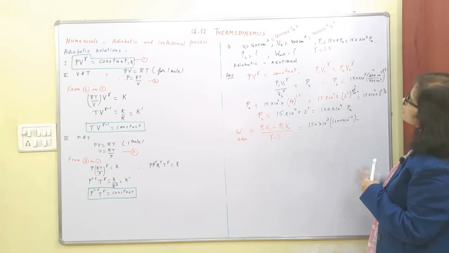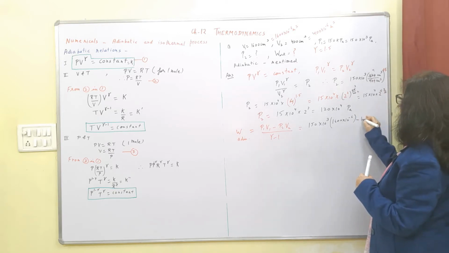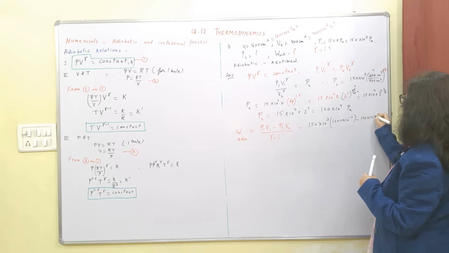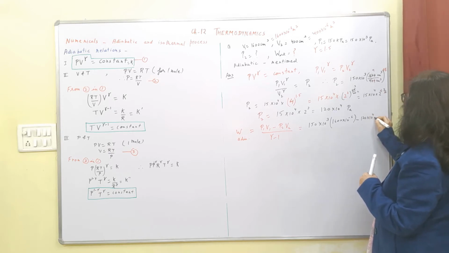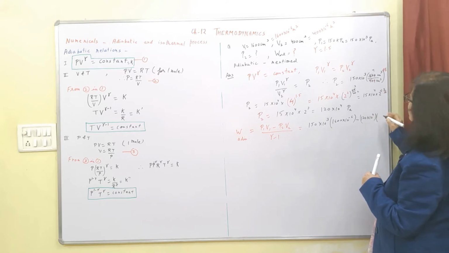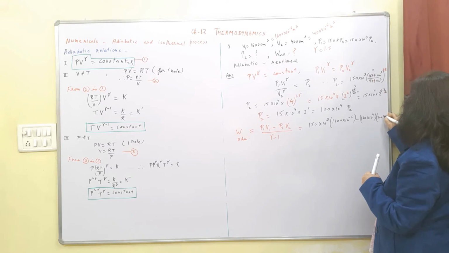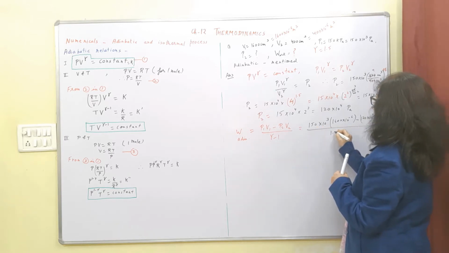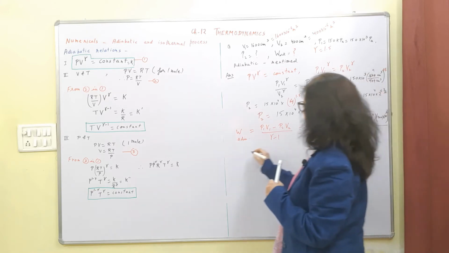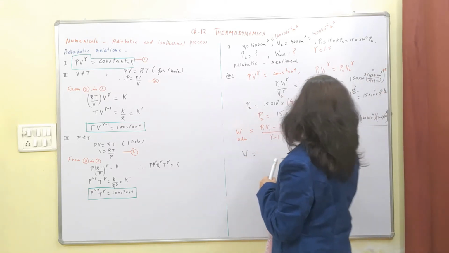minus P2 V2. P2 is how much? 120 into 10 to the power 4, multiplied by 400 into 10 to the power minus 6, upon 1.5 minus 1. So W comes out to be